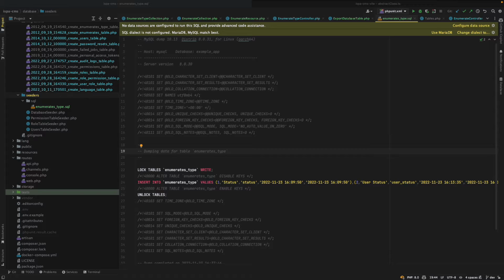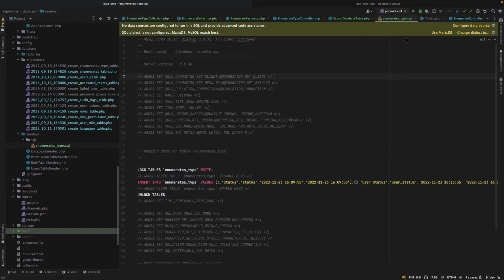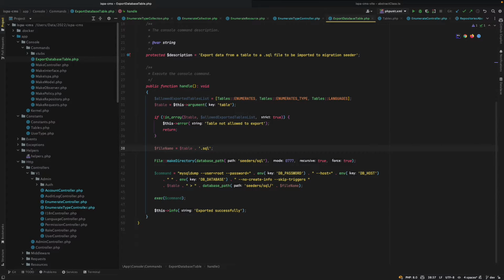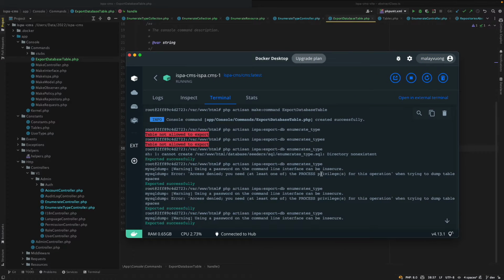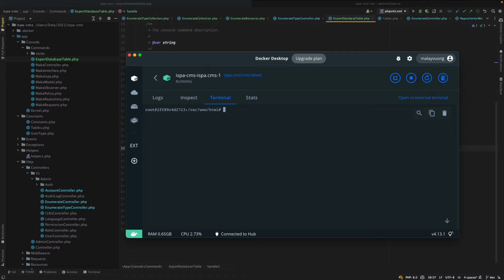So we have to create a new seeder, right? What is the seeder command we need to run? Clear that, and we have the iSPA design make seeder with the enumerate type table seed. Yep,